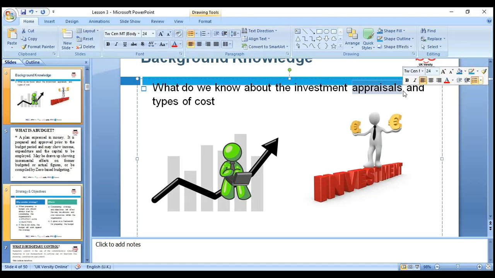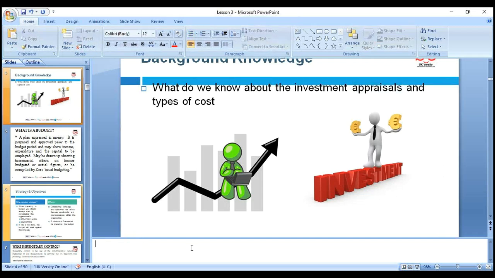Appraisal. If you're working in an organization, at the end of each year we have an appraisal. We need to fill in the form. It's called individual appraisal, to measure the performance of the individual, how we performed during the year. In some countries it is called